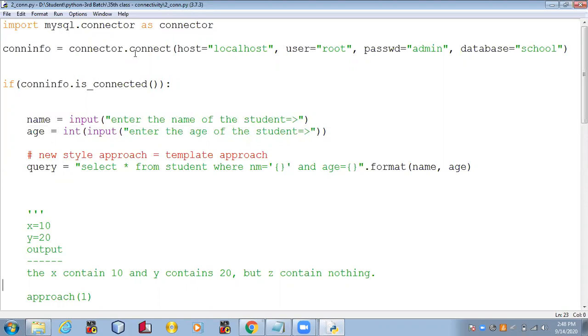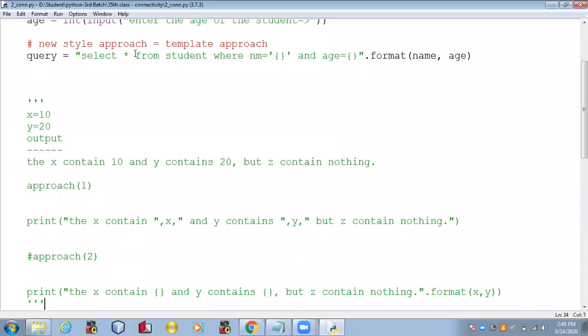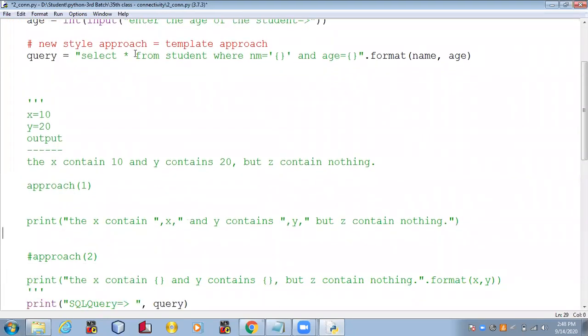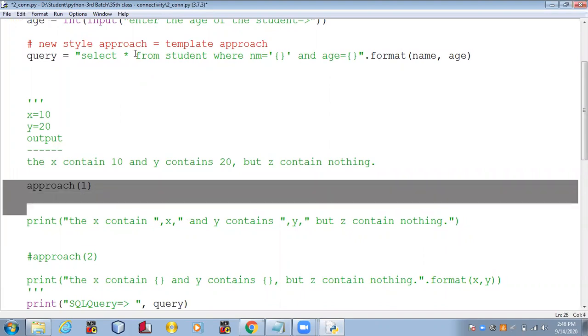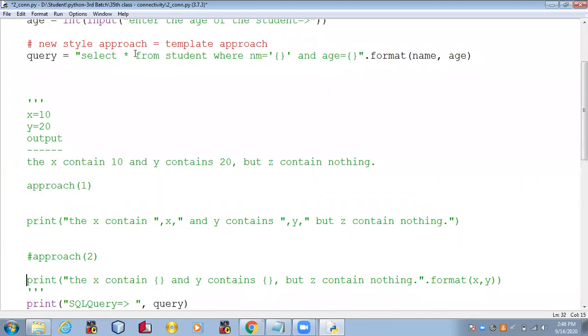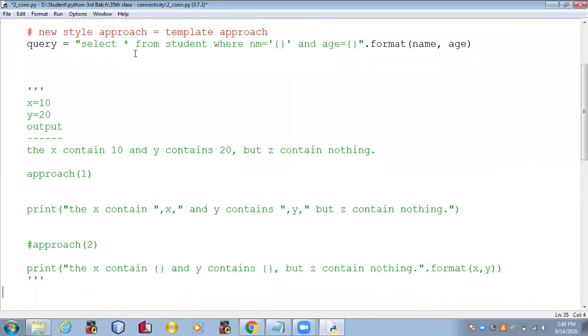So as I specified in this approach, the choice is yours. Either go with this approach or go with this approach. But to prepare the query, I would suggest you go with the second approach.